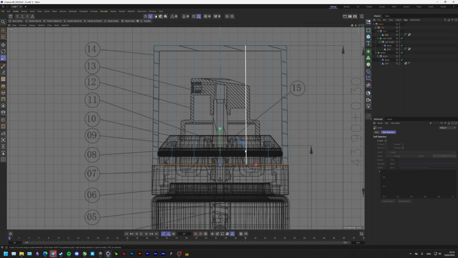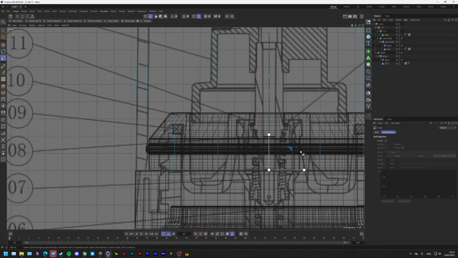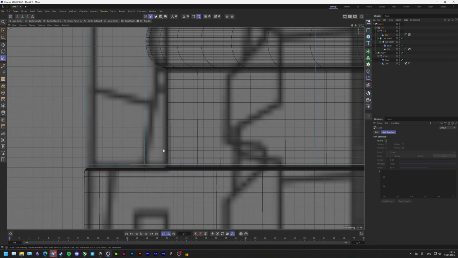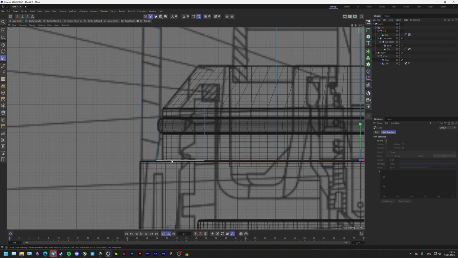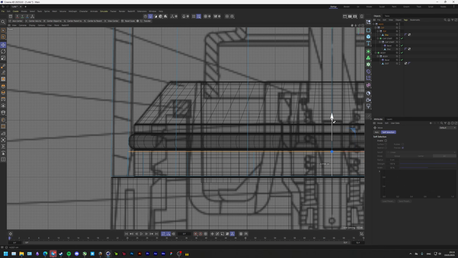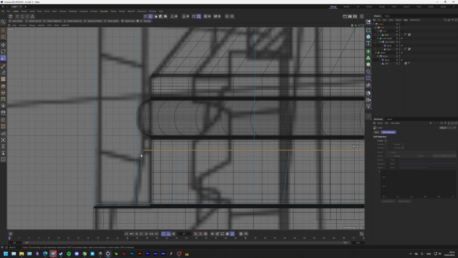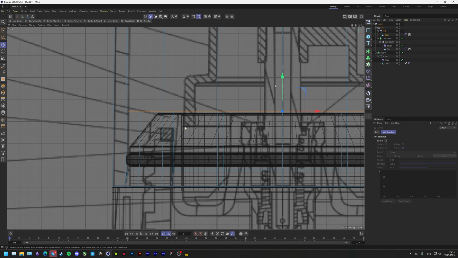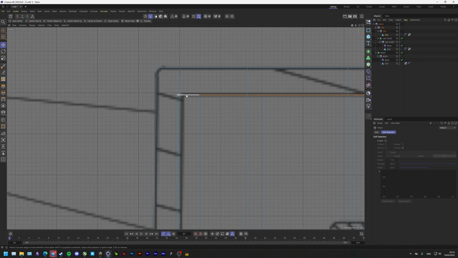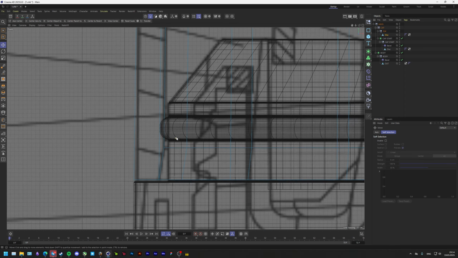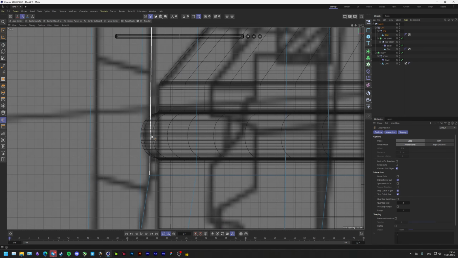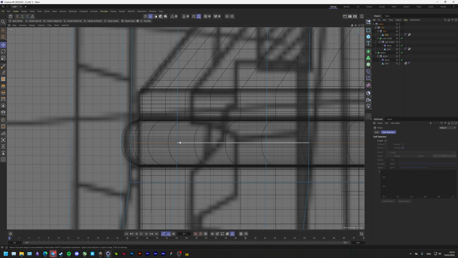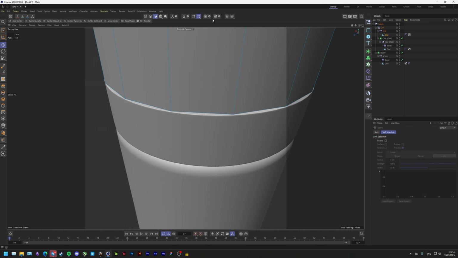So let's create the thickness now. We're going to extrude it inside until we see that the line is aligned. We're going to move it to the top, decrease it in size, and move it all the way up, and also decrease it in size. This part is going to be done exactly the same way. We're going to make a loop cut, bevel it. Let's solo this out